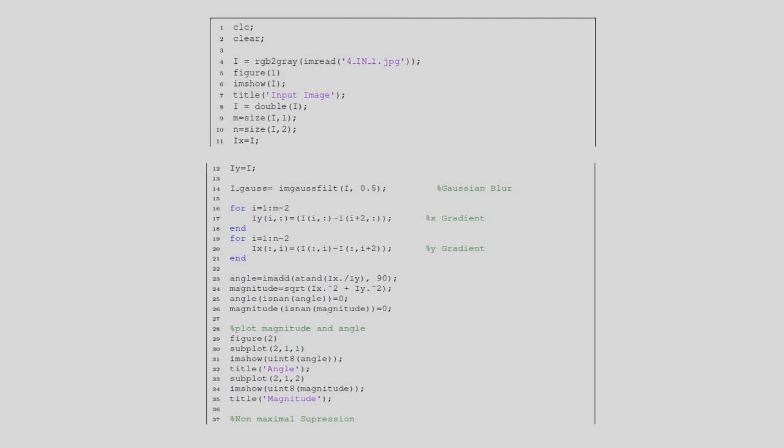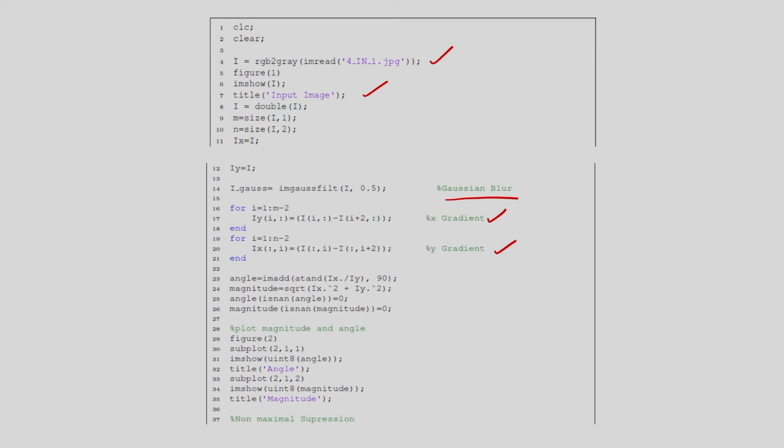So the corresponding program you can see, I am considering the input image. So this input image I am converting from RGB to gray, that is the RGB image is converted into gray, and this is the input image. After this I am doing the Gaussian blurring, that is the image is convolved with the Gaussian, and we can determine the x gradient and the y gradient, that is the gradient along the x direction and the gradient along the y direction.